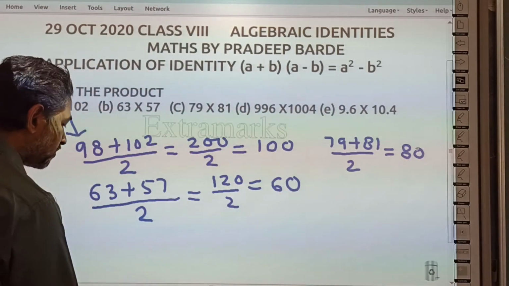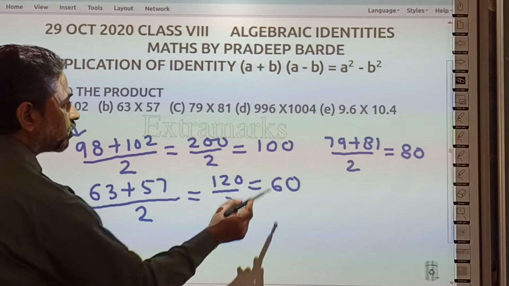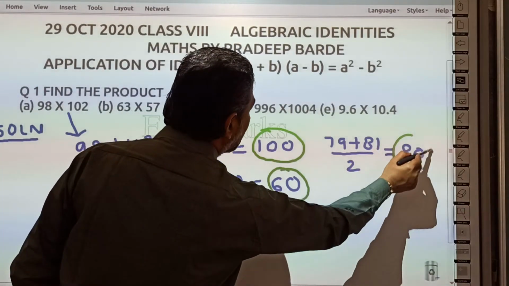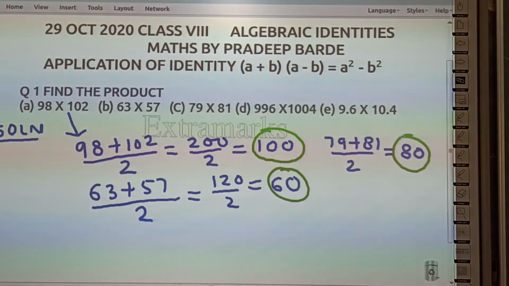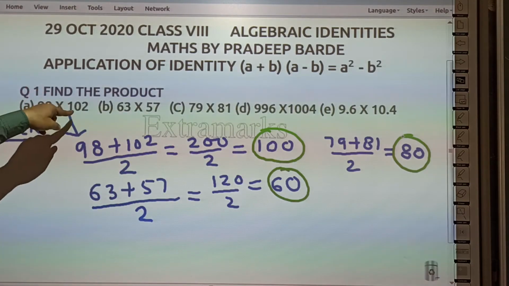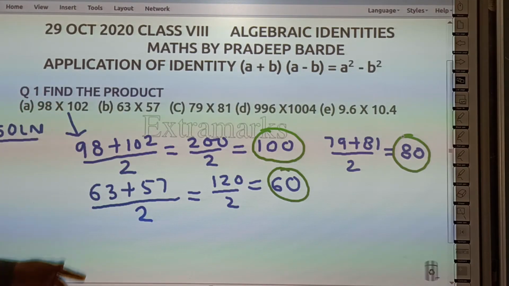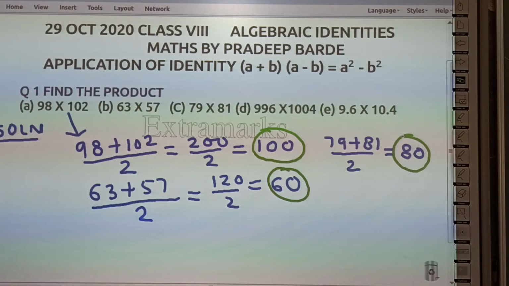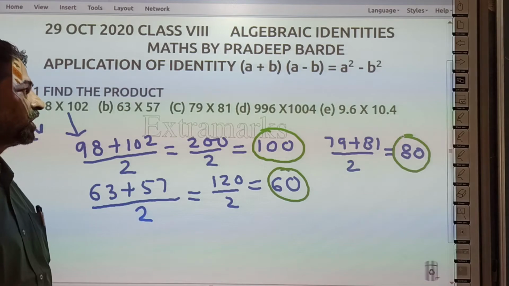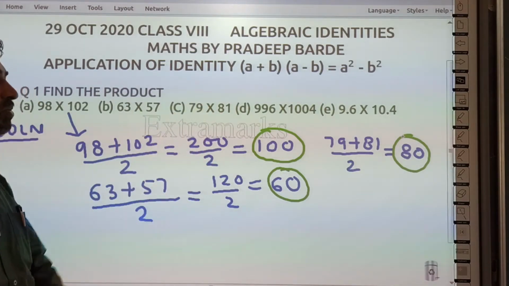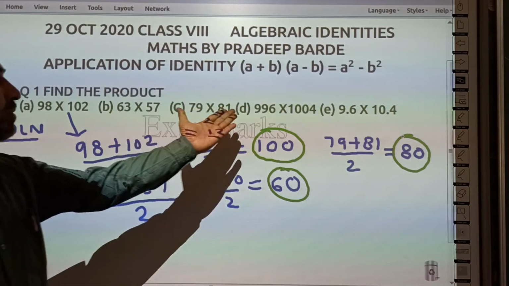तो बच्चों ये जो वैल्यू आपको यहाँ पर दोनों को प्लस करके 2 से डिवाइड करके जो मिल रही है, ये वैल्यू होती है a की। अब आप यहाँ पे इजीली, जैसे 98 है, a की वैल्यू थी 100, तो 100 माइनस 2, 100 प्लस 2, तो b की वैल्यू हो गई 2। 60 प्लस 3, 60 माइनस 3, तो b की वैल्यू हो गई 3। 80 माइनस 1, 80 प्लस 1, तो b की वैल्यू हो गई 1।